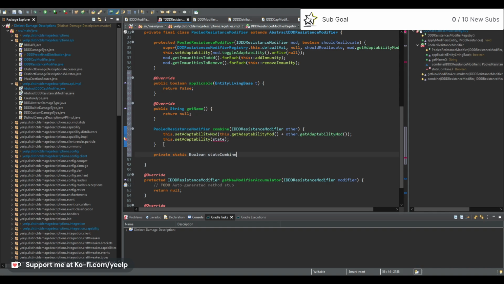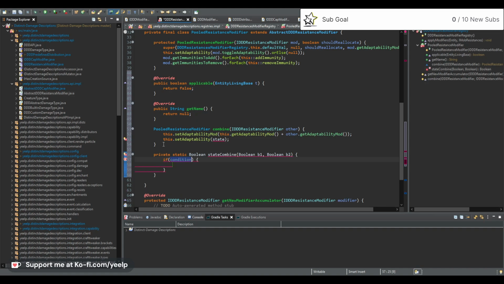I think the most logical way to do this is if B1 is null, or B2 is null, then I will return